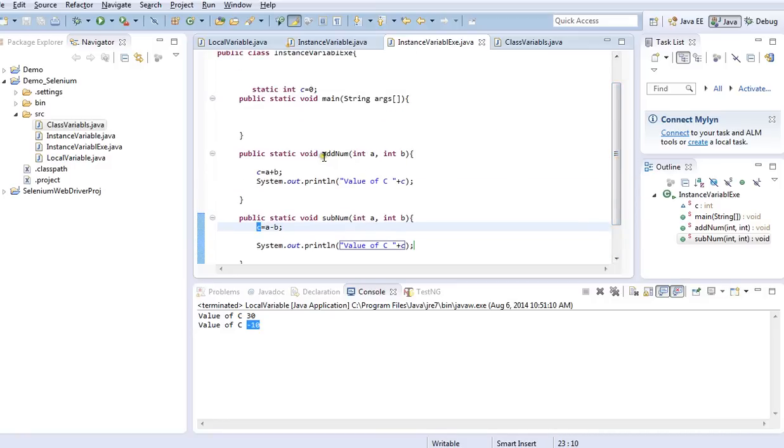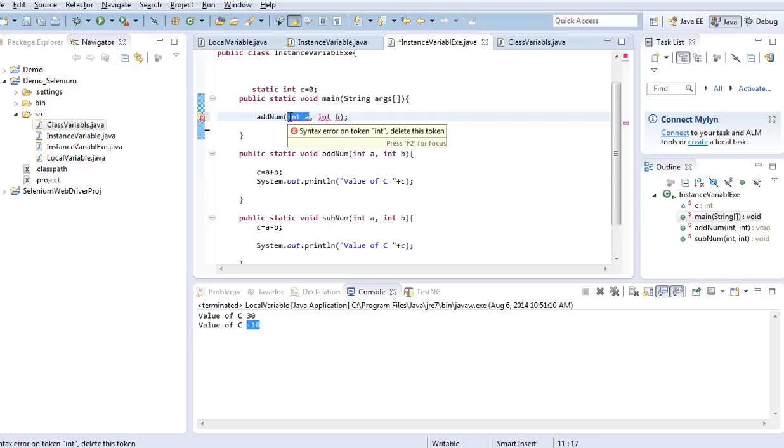Let me call these two methods and assign the values. How to call? You can use the method name inside main, but you have to replace the arguments with values. I will say 20, 30.